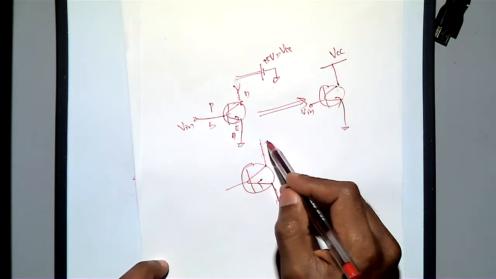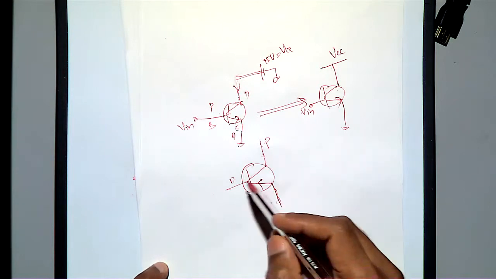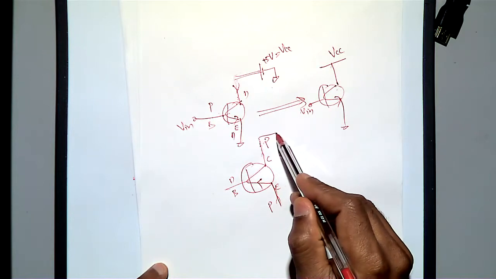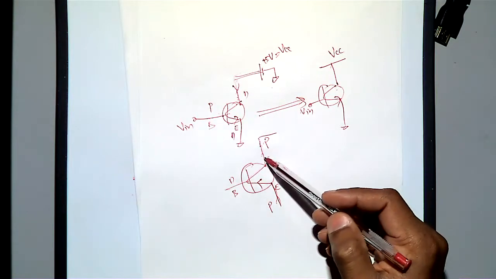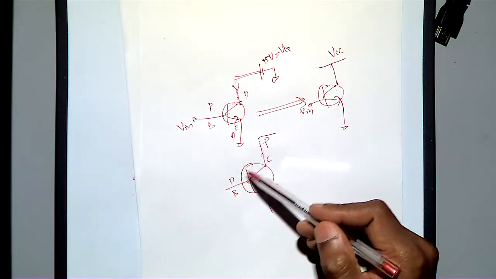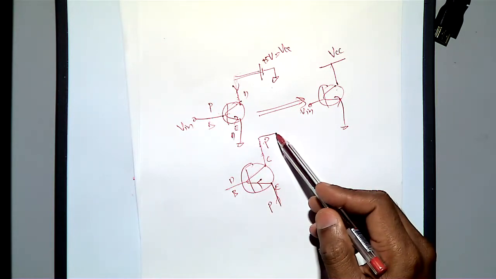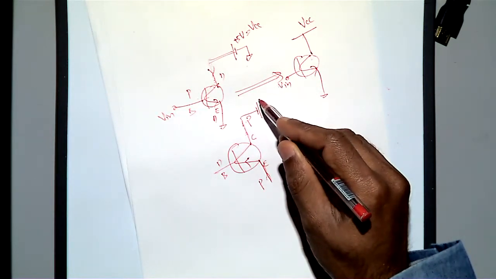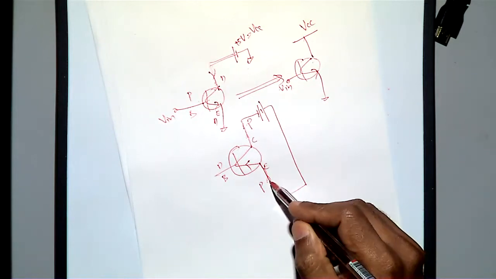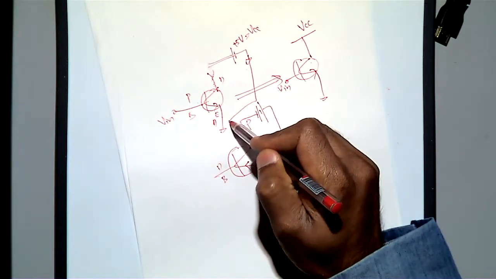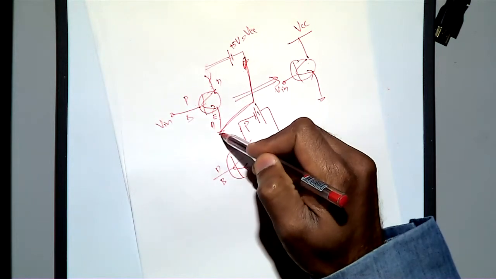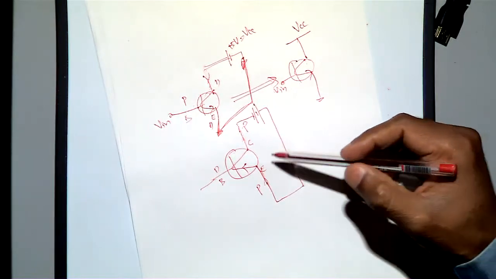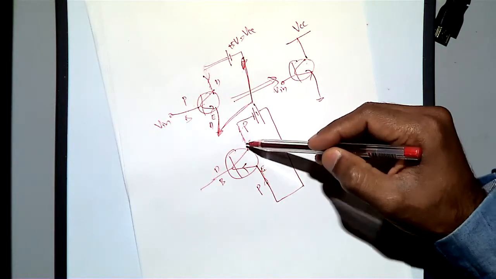But then PNP, and this is a base, this is an emitter, this is a collector. So for PNP, what voltage should I be connecting here in order to make a reverse bias between collector and the base? Negative. So here I will be connecting negative voltage, something like this. Or I can join these two together because both are ground. So this is a representation, but see, the emitter you are connecting to positive,